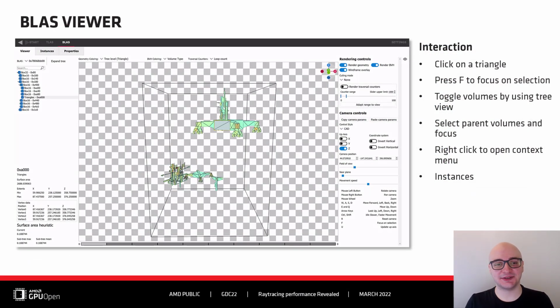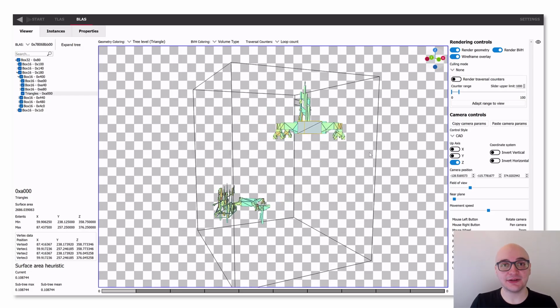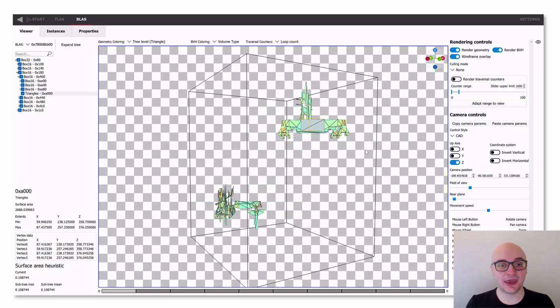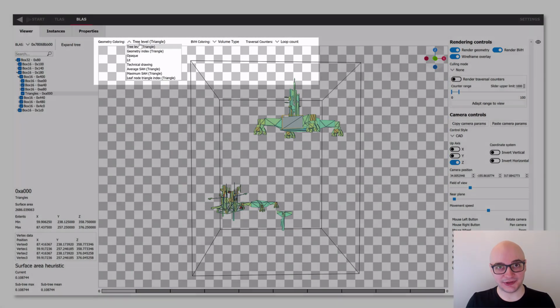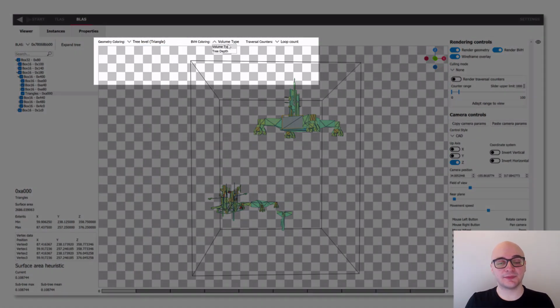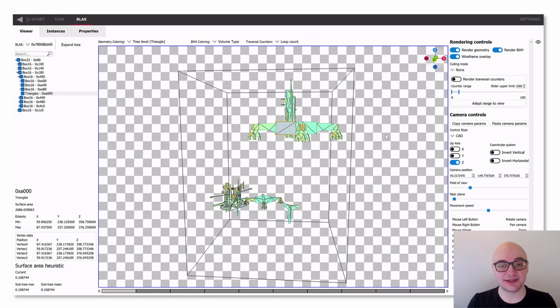Now that we are familiar with the viewer, let's go over the coloring mode utilities in our array. Coloring modes are visual indicators that can answer various questions about the scene. You can select the coloring modes through the drop-down bars just above the viewer. For example, as you're exploring your scenes, you may be interested in distinguishing between various node types.